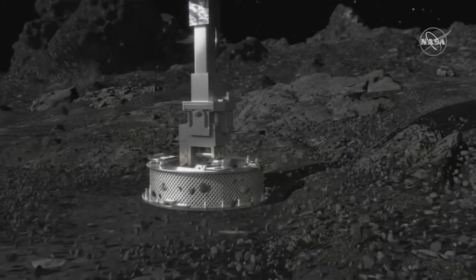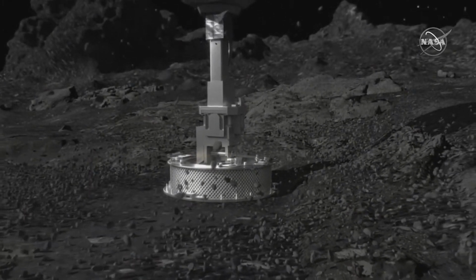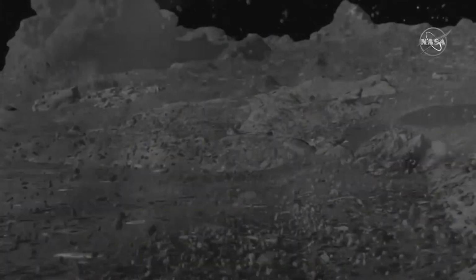OREX has descended below the 5-meter mark. The hazard map is go for tag. And we have